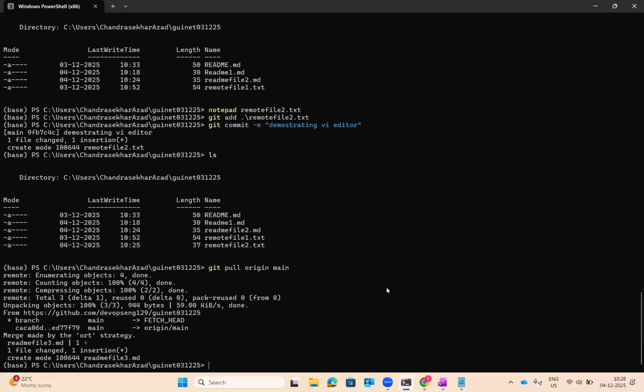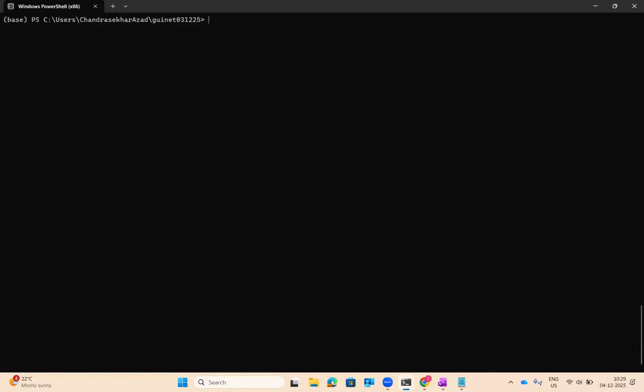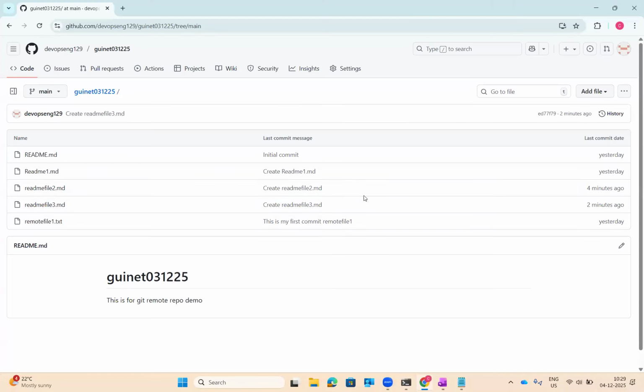Okay. Now, next thing. What we have learned: push, pull, and clone also. All the three things we have learned. So now you learned about one of the ways. The first way was token-based authentication, where you are able to log in. Now, the second way of authentication, which I said I'll show you,